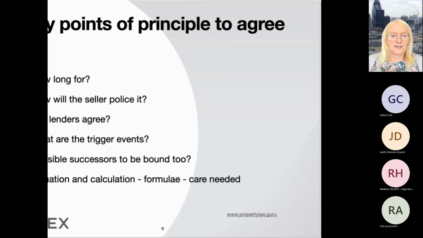Normally they will say they should be allowed to, and that you will agree to release the restriction, but only on condition that the new buyer enters into a new deed of overage with you, the original seller, saying that they're stepping into the shoes of the builder and will be bound by all the same provisions of the overage as the original buyer or builder was. So lots of things of that nature.